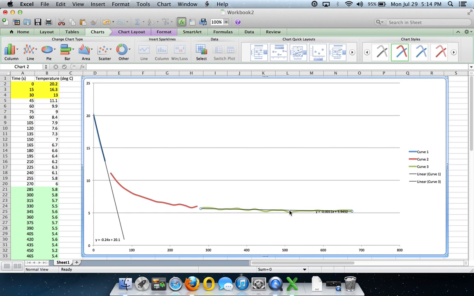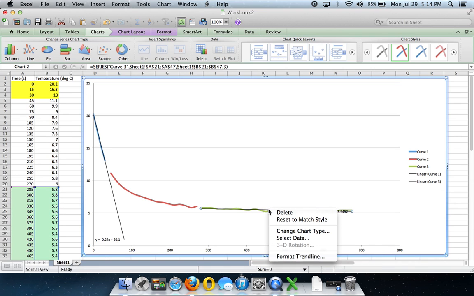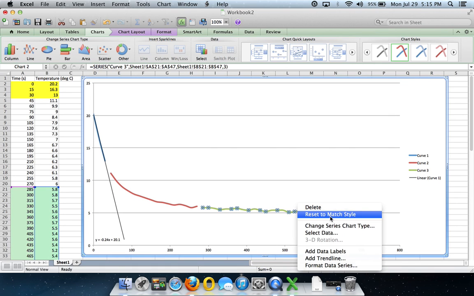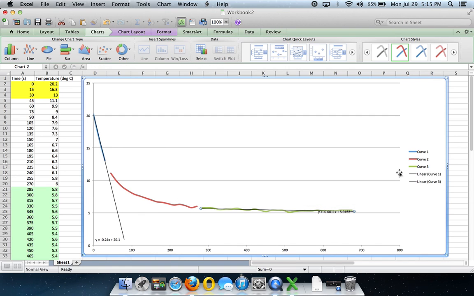I'm going to go ahead and delete the trend line. I'm going to add it back in to see what would happen. So let's add our trend line back in. And we're on a linear fit. Options. Let's see what happens. And display our equation. Not sure why it's not fully extending, but